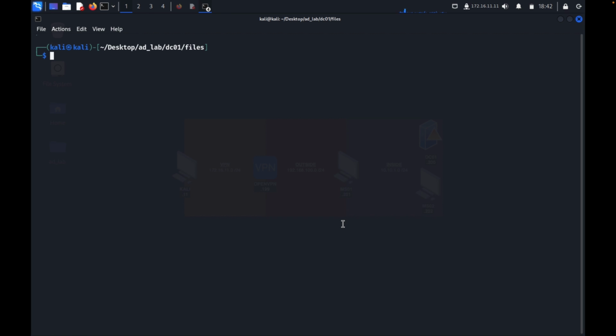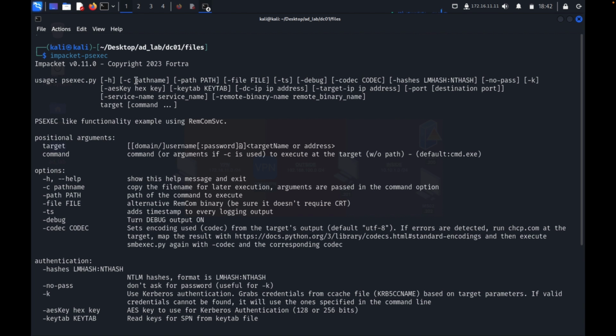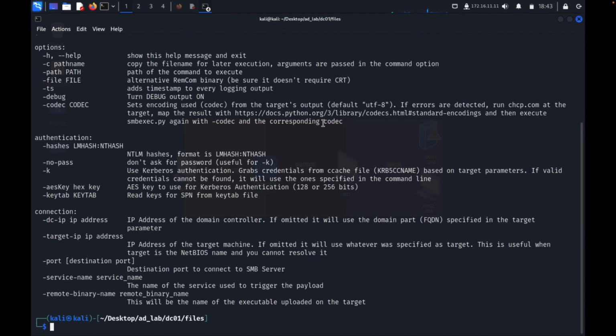Different tool. Fantastic tool. We're going to use the Impacket version of PSExec, because PSExec will take advantage of that SMB protocol and essentially run. It will give us a shell as Emmet. So let's check our commands, make sure that we understand how we use it correctly, because as we saw earlier, syntax matters and order matters. So in this case, we're going to go ahead and say, we don't need to run a command. We just want to go ahead and say